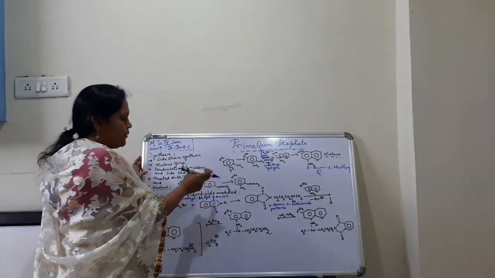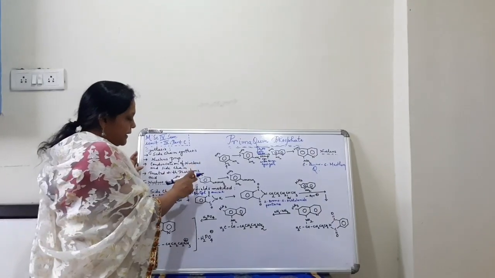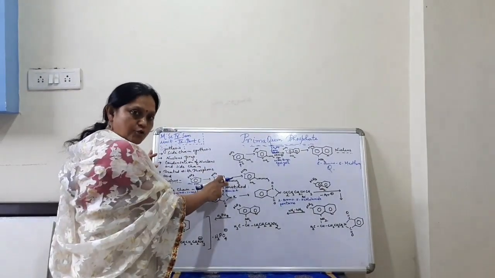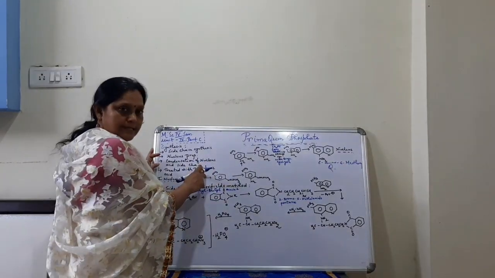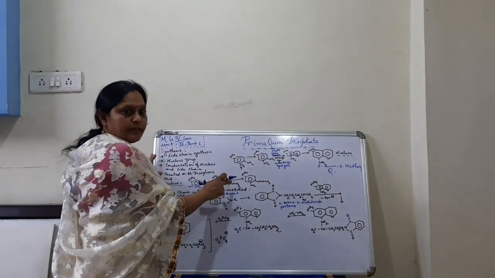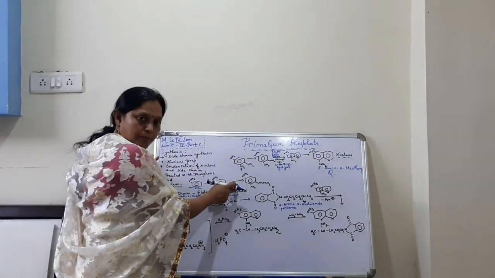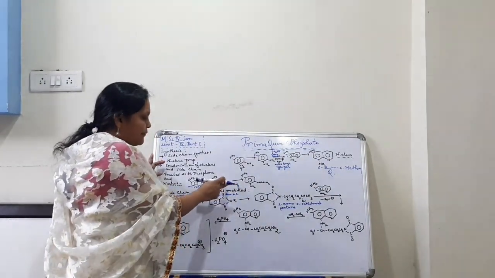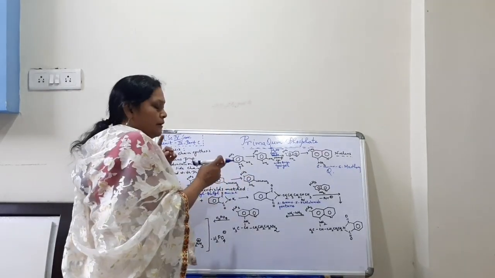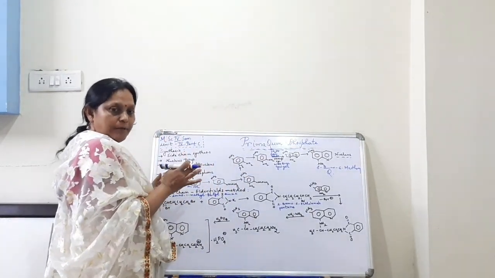This NO2 group we will convert into amino group by reduction, and then after reduction nitro will change into amino NH2, and then we will go for acetylation, that is the masking agent, and NH2 group will get converted into this NHCOCH3. The acetyl group will be here, acetamide. So after masking this NH2, again we will go for nitration. Here why actually we try to mask or protect the amino group.